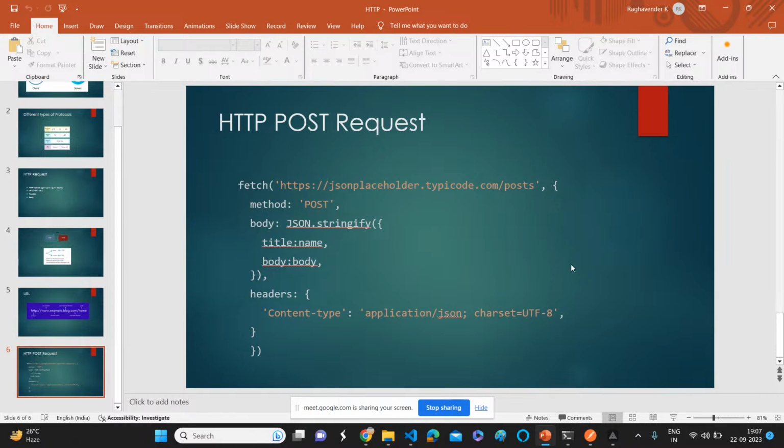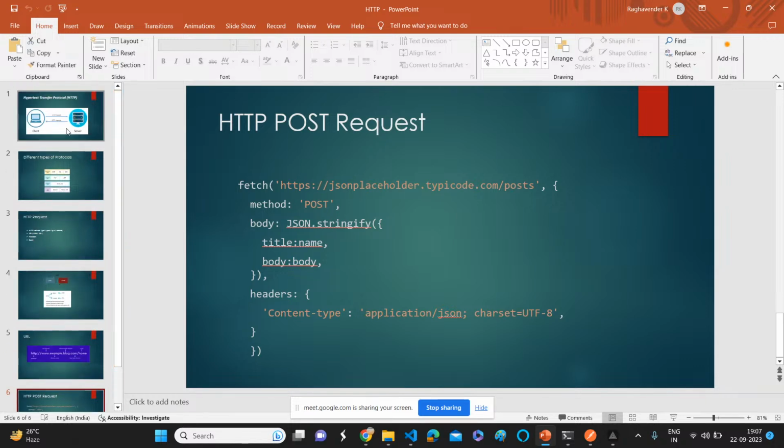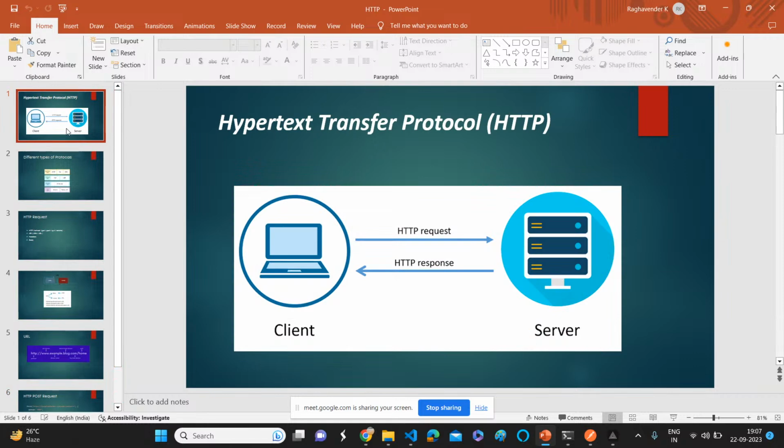So today we are going to learn how to build a route with the help of HTTP post. This is the most important method which we are going to use in daily programming. Before going to understand the HTTP post method, first we should understand a few fundamentals, like what is HTTP and